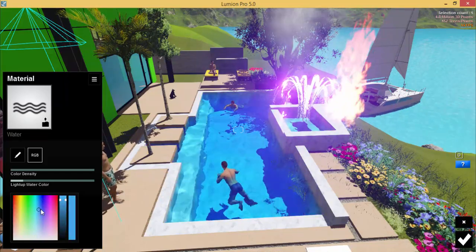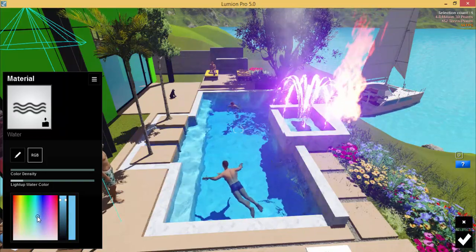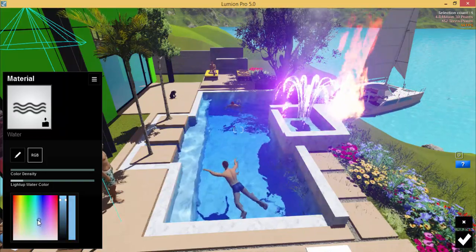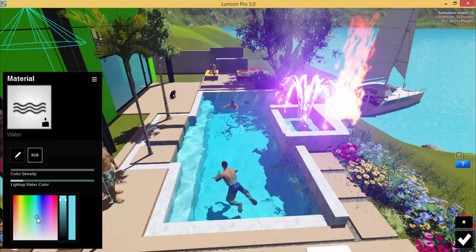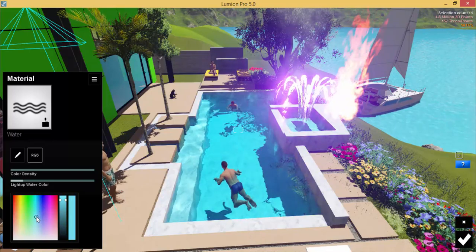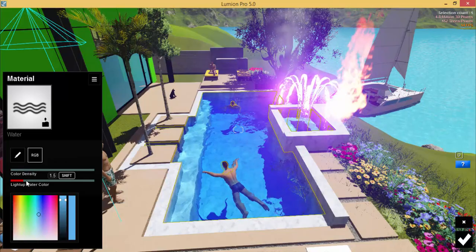You can exaggerate the clarity of water with this blueness of the water itself. Okay, this part. So we can make some change to it, the color density and all. Okay.